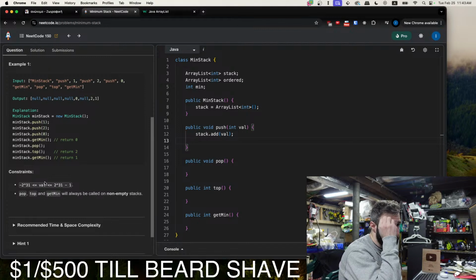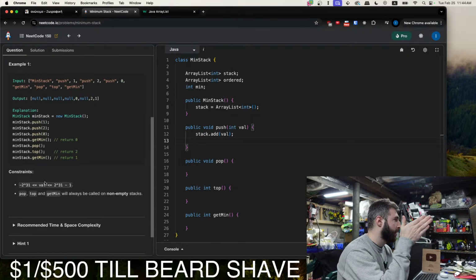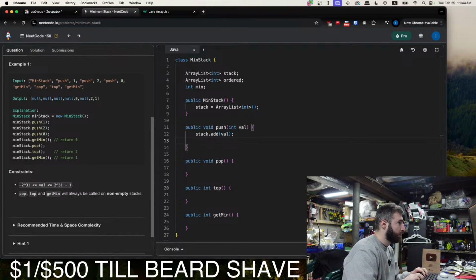So if we can have negative values, I'm thinking we'll store the minimum values at the end. So while val, we need a counter as well.